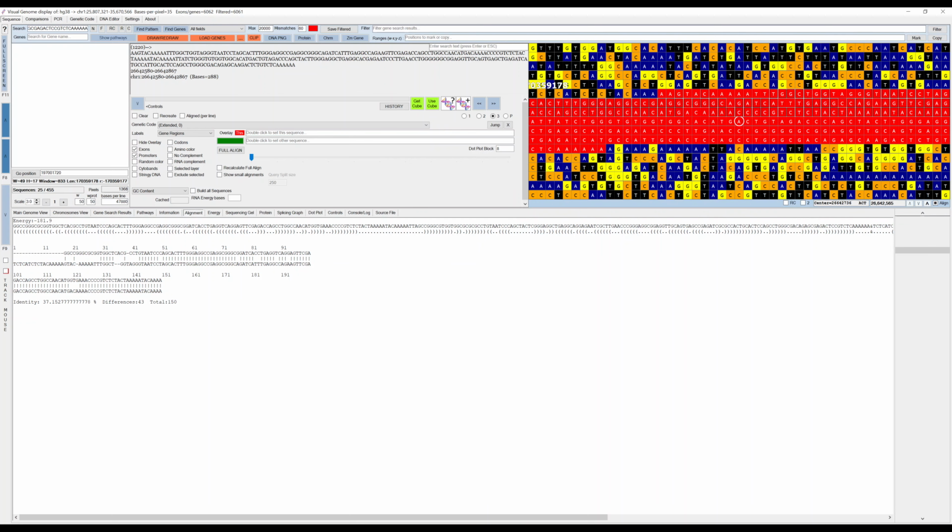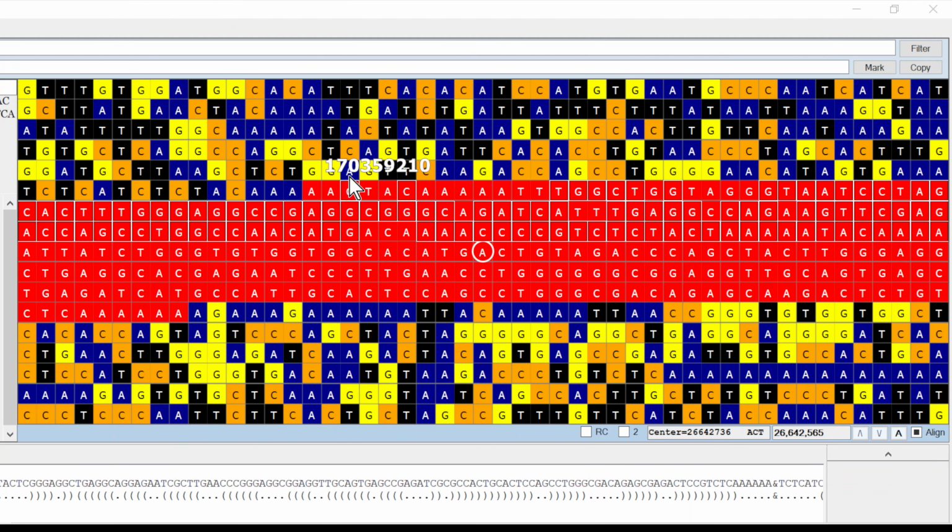So let's just zoom that in, so you can see here, if I move the mouse there, it shows you exactly where it matches and mismatches, and then it also displays this alignment in the alignment tab.